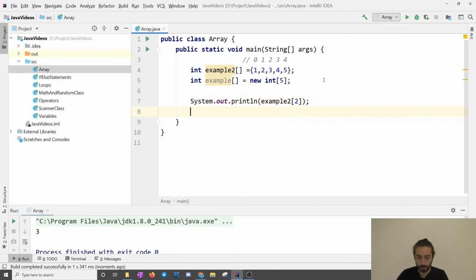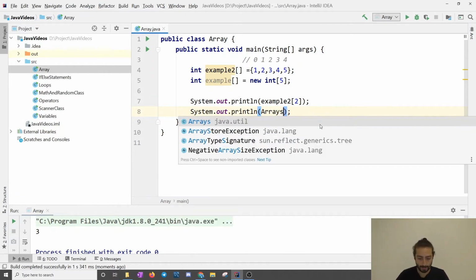If you want to print out every value in the array, there are various ways to do it. The first way, the easiest way, is importing the Arrays class. So what is the Arrays class? There are a couple of things that you can do with the Arrays class, but this class we're going to be talking about only the toString method. When I say Arrays, you see